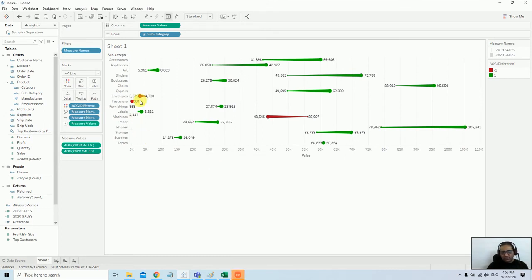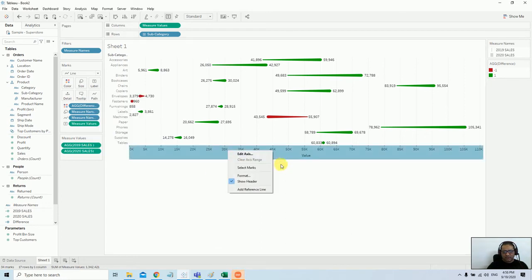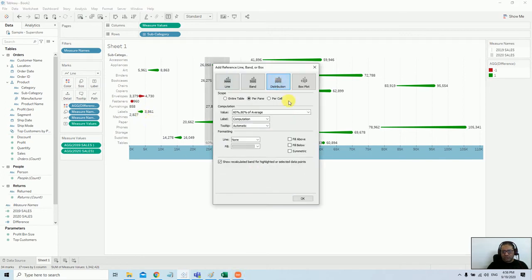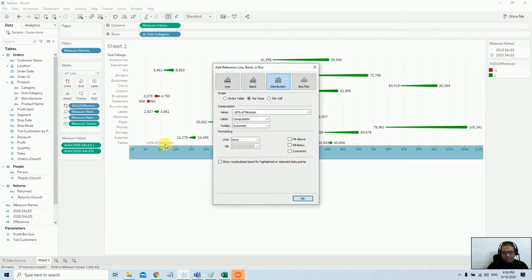In our condition, if you see here, the values are overlapping. How to fix this label? Go to the labels and go to line end, and do one more thing: just add a reference line. You see it's coming down and it's not on the same line. The data values are not on the same line. So what we'll do, we'll add a reference line, go to the distribution, and here I will say -10, and then I will choose minimum value, and I will remove the heading which comes here for this distribution. I'll say none, I'll say OK.